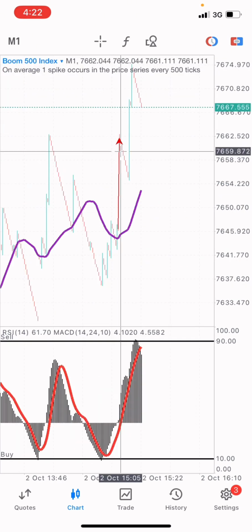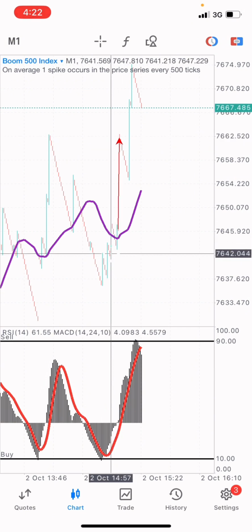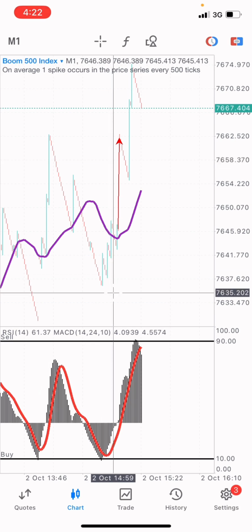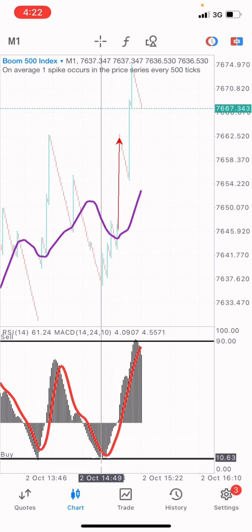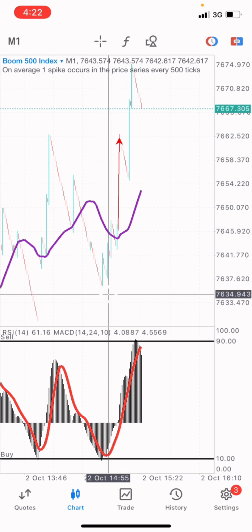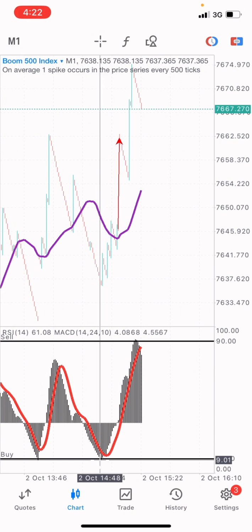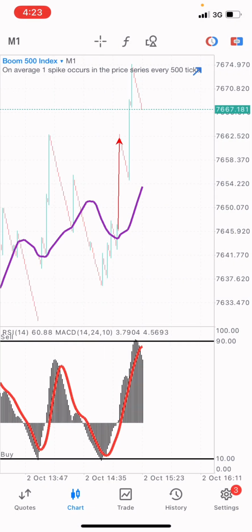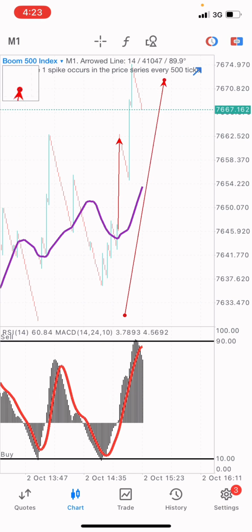So you can see right here, just like I said, the market bought from here up to this point. Remember, I told you guys that we are seeing a huge buy opportunity at this very moment, because at this very point, when price gets to the level of 10 of the MACD, the market tends to buy and will sell from here at this very point. If you trace it with me right here, from here up to this point, you can see that the market bought.